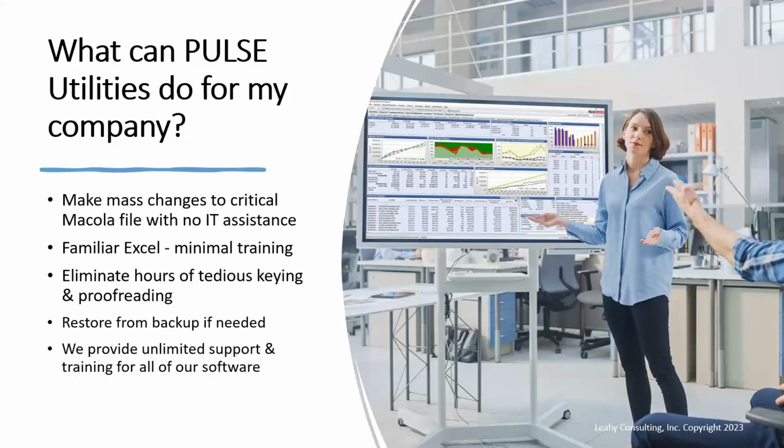And the question comes up, what can our utilities do for the company? In the introduction in the newsletter, I talked about what if the boss came, so to speak, and said, we need to change these 500 items, the product categories are wrong, or we have these 50 items that have reorder levels wrong, or have lead times wrong. It's just overwhelming to think about doing this one by one, key in the part number, tab. Some people have an IT department that likes to do this kind of stuff, but our utilities